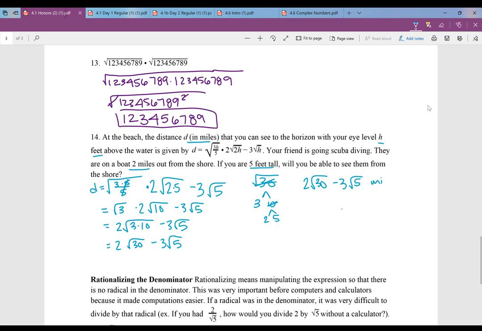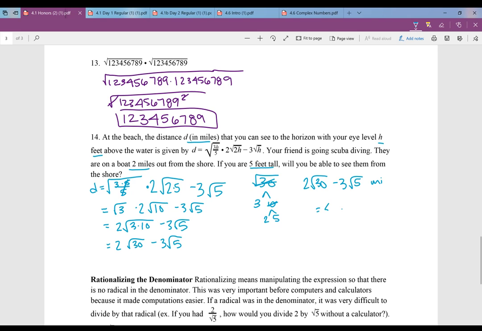Now, we don't know what this is off the top of our head, so we can't tell if we can see 2 miles out. What we can do is type it into our calculator. So we're going to type in 2 square root, and you usually have to hit second to get the square root of 30. And then close the parenthesis, minus 3 times the square root, again second, of 5, close the parenthesis, equals